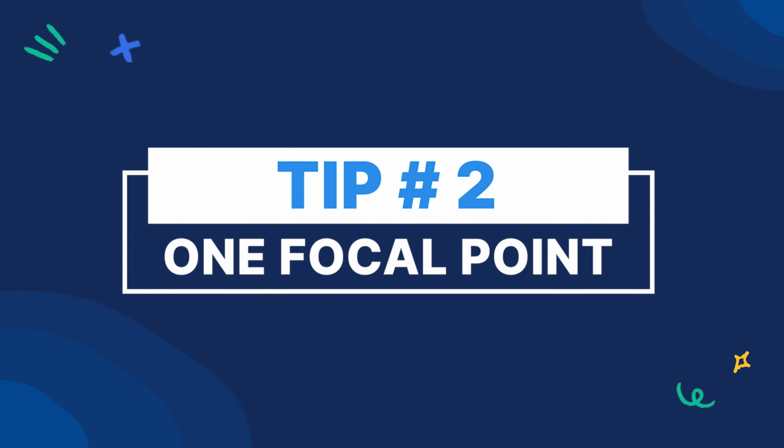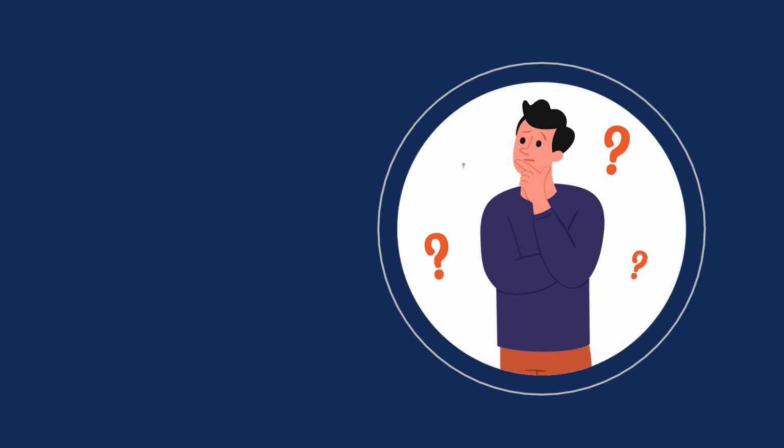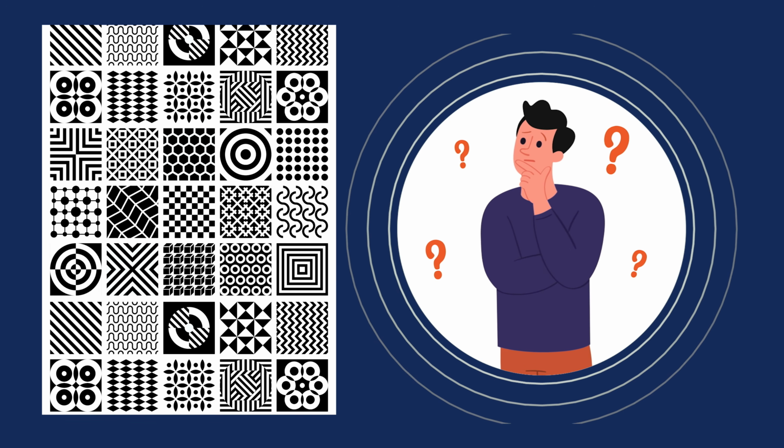Tip number 2, there should only be one focal point for any table, chart, or graph. And this is because our brains are wired to recognize patterns and we immediately notice things that are out of the ordinary. Leverage this behavior to easily focus your audience's attention on the one thing you'd like for them to